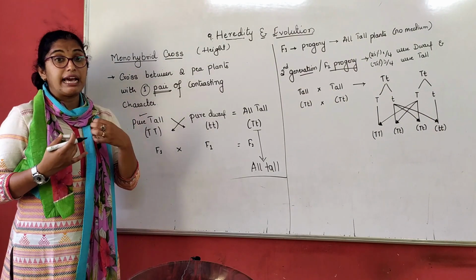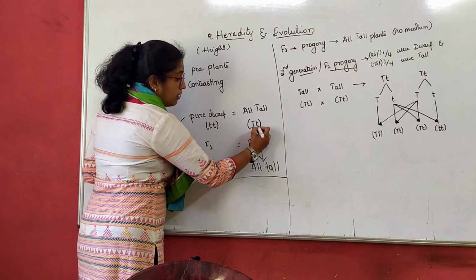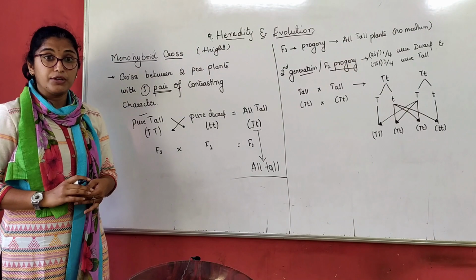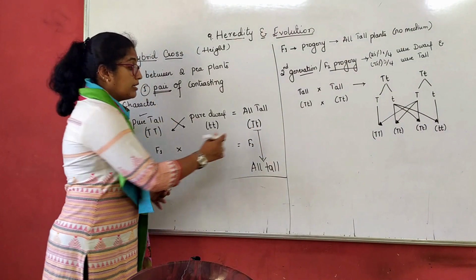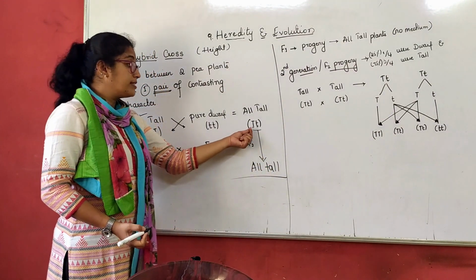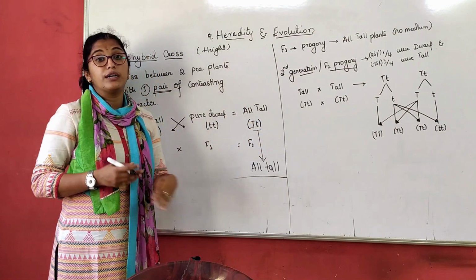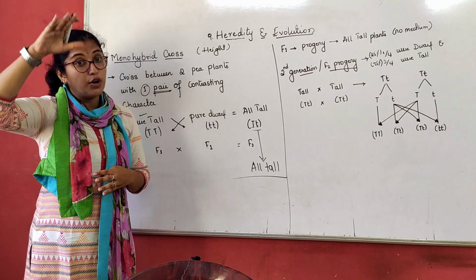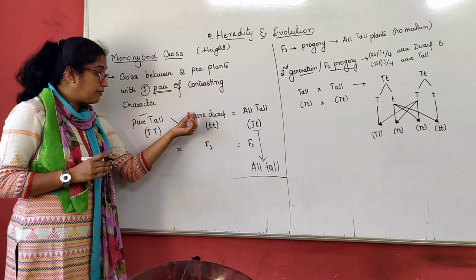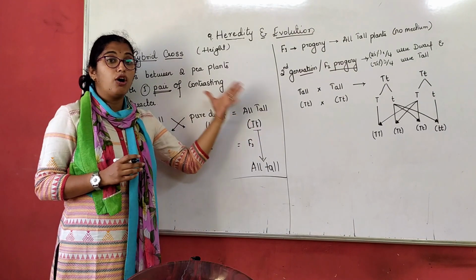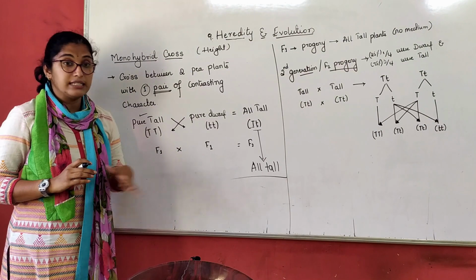But what were the alleles present in them? It had one tall and one dwarf allele in them, right? But what was expressing? It was expressing tall, because tall is dominant and tallness dominated over the dwarfness. So the dwarf was recessive, right? So when we cross hybridize pure tall and pure short, we get all tall plants, because tall is dominant and short is recessive.